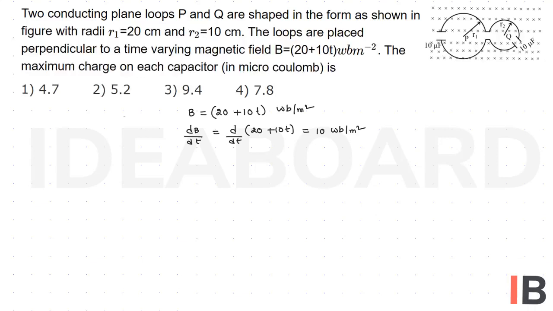Now they given R1 and R2 values, and also capacity of each capacitor is equal to C1, which is equal to C2 is equal to C, that equal to 10 microfarad. The two capacitors are connected in the series combination. Then equivalent capacitance, which is equal to C1 C2 by C1 plus C2, that equal to C by 2. Here in the given situation,